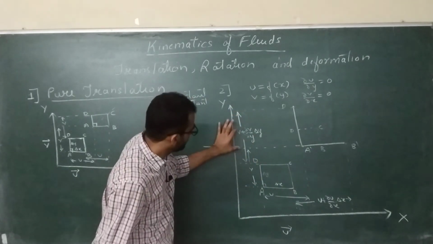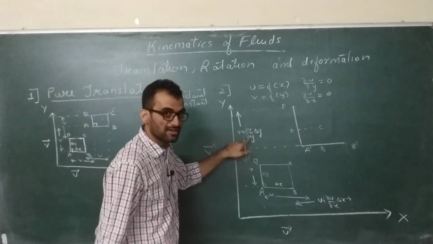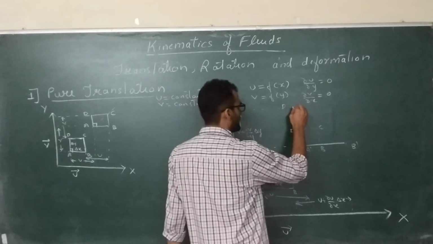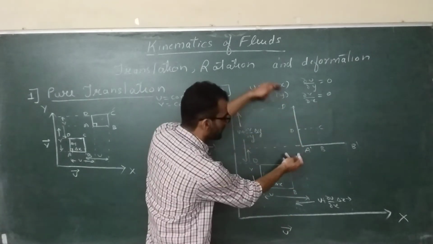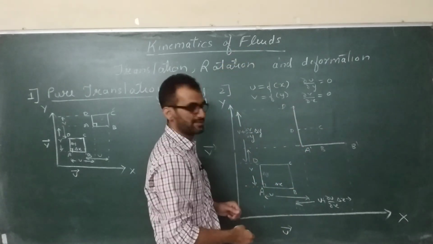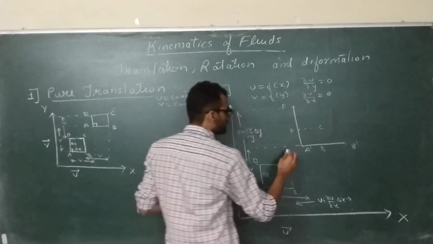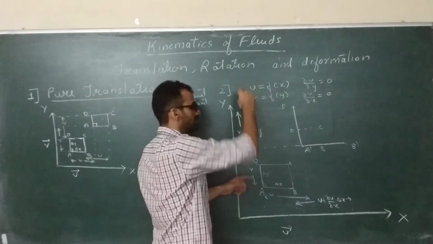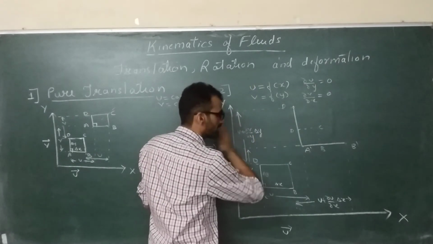It has traveled V plus some extra amount, del V by del Y into delta Y. Okay, so that's why we are getting this linear elongation of this AD along Y axis. Now again, this segment is also elongating only in Y direction, it is not deflecting. It is not deflecting in X.